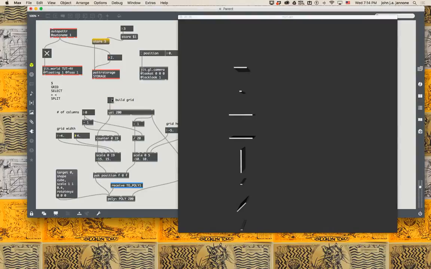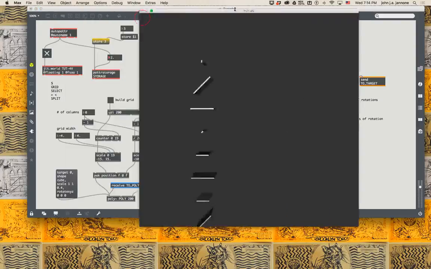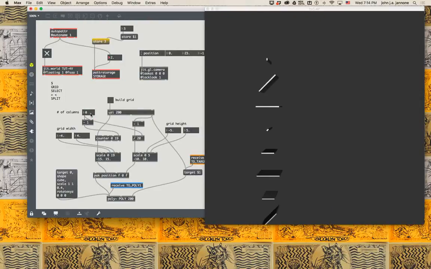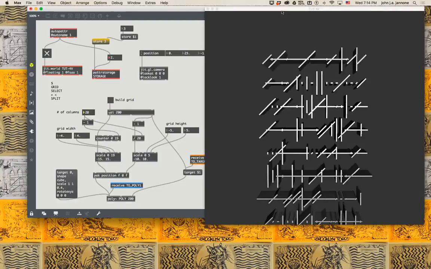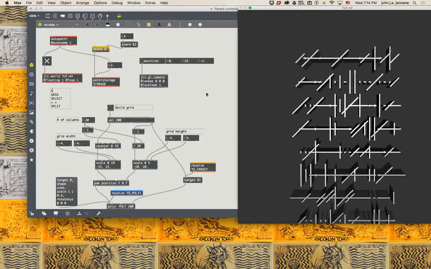Whoops, that didn't work very well. Oh, number of columns got knocked down to 0. Let's build it back up to 20. There we go. And we'll store this one as number 4. Store 4. Great. And so now I can go through all of those, and I can make message boxes for